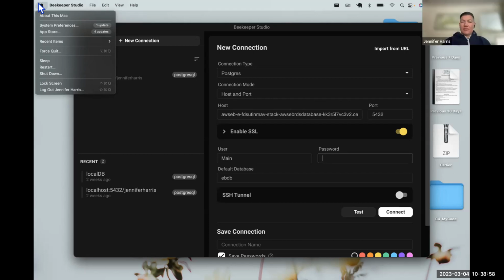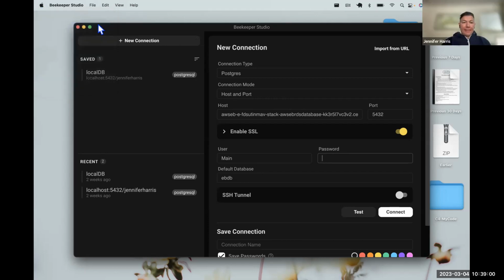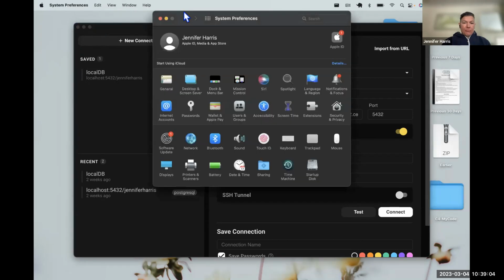Still learning about this Mac. Yeah, it's pretty special. I like so many of its features better than a Windows operating system, but